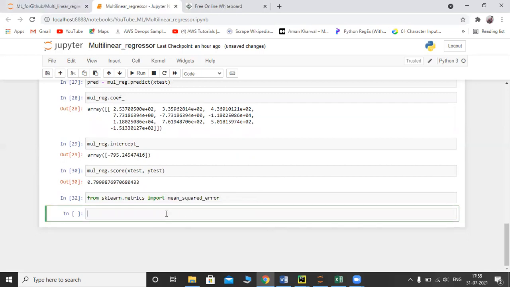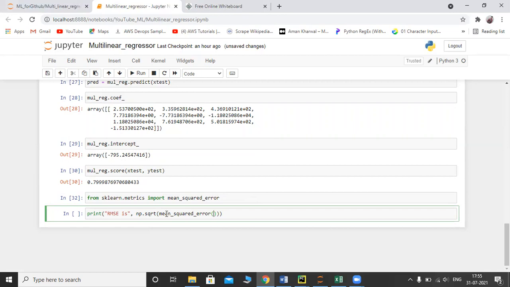Now I want to print the root mean square, RMSE. RMSE stands for root mean square error. I am using numpy here, sqrt of mean_squared_error of, what I need to pass here?